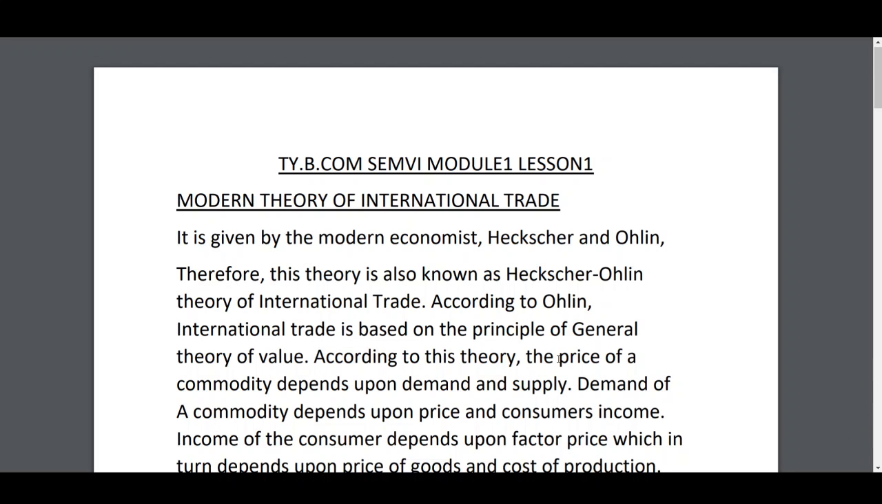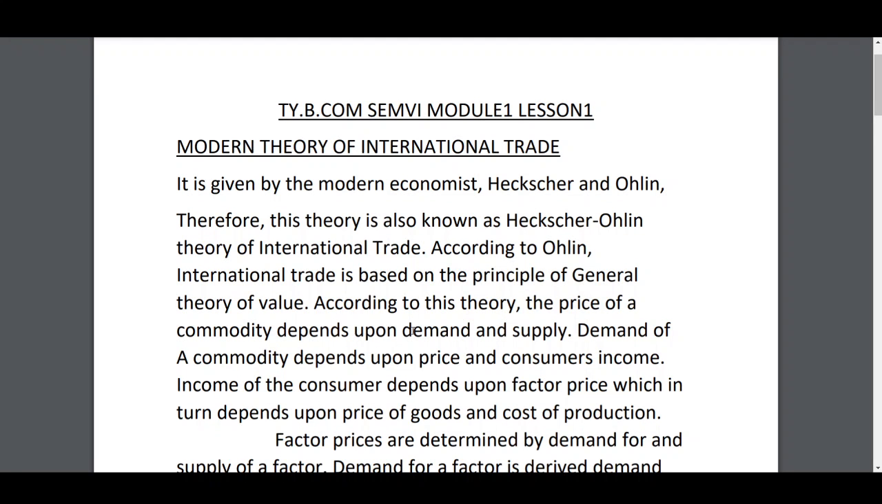Good evening, students. Today we are going to study the modern theory of international trade. It is given by the modern economists Heckscher and Ohlin. Therefore, this theory is also known as the Heckscher-Ohlin theory of international trade, and it is also known as the modern theory. Why? Because it is given by the modern economists. Understand? Now, according to Ohlin,